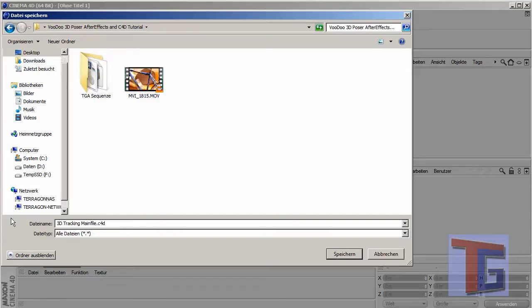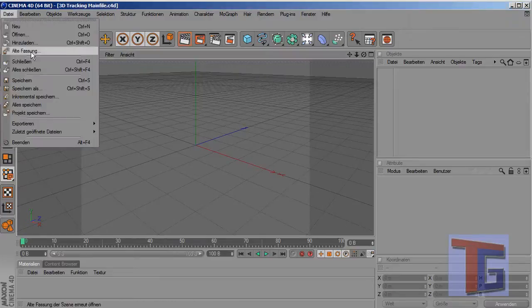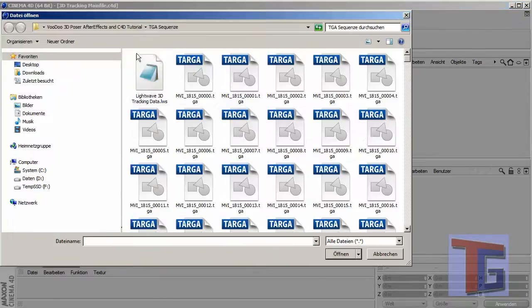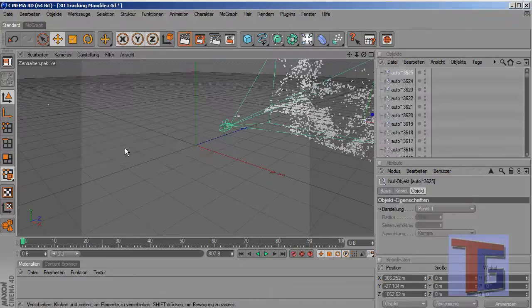Tracking main file. Save it. And now we can import our Lightwave 3D file just generated. Double click. We can maybe leave the factor as it is. That is important if you import the poser file, but I hope it will be correct to leave it as it is. Just hit OK, and we can see here our points that are generated from VooDoo,